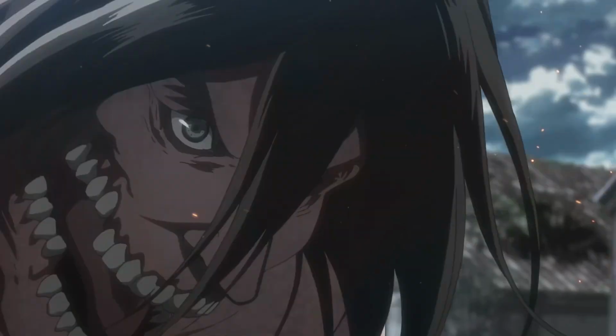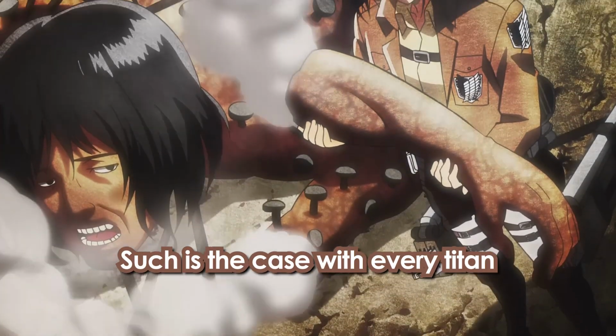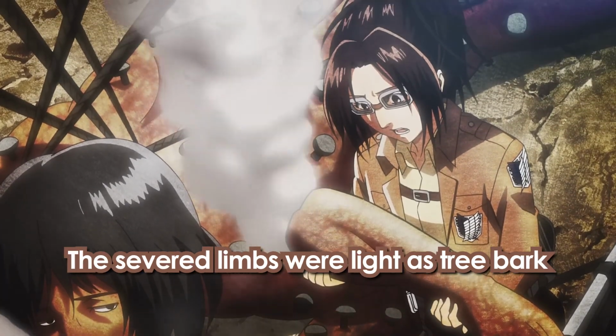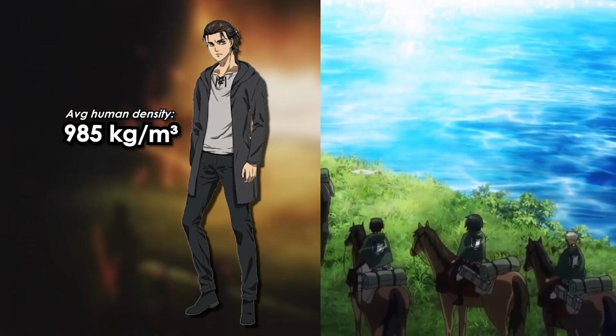Anyway, keep in mind, all this is only if the density of a Titan's body is the same as a normal human's. It isn't. The density of a human body is, on average, almost the same as the density